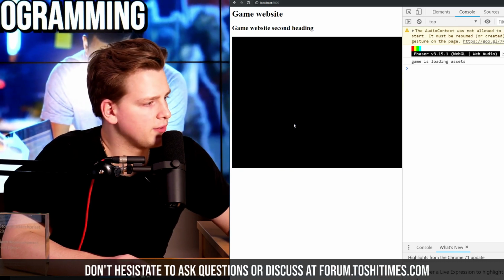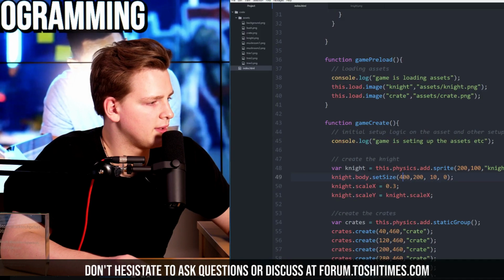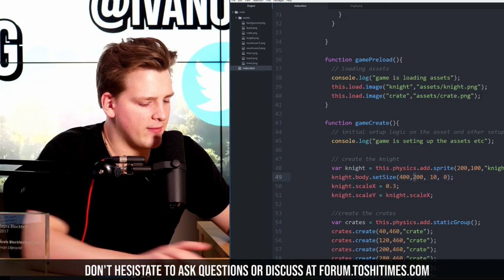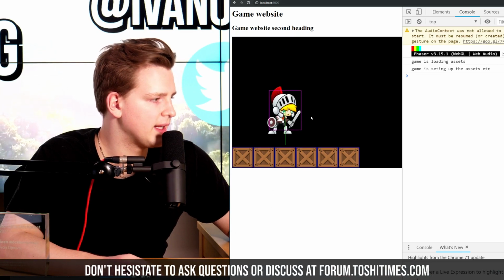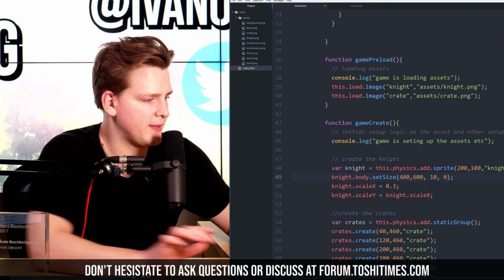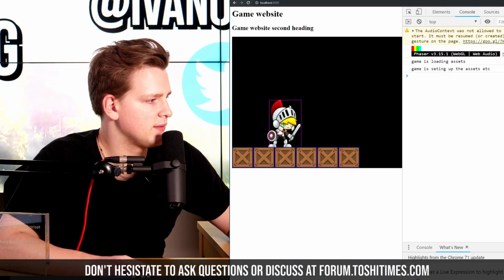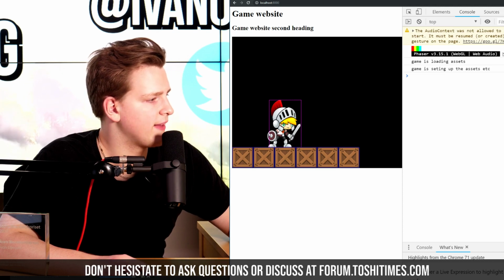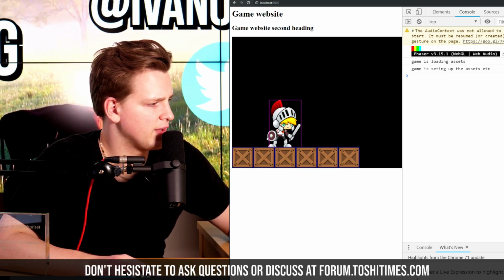Well, it looks good, but now we need to make it a bit taller. And let's try 500. And we update. Well, it's better, but still not very good. Now we can try 600 to make it a bit taller. And pretty good. So yeah, there are some issues here that the shield is not really covered by the collision